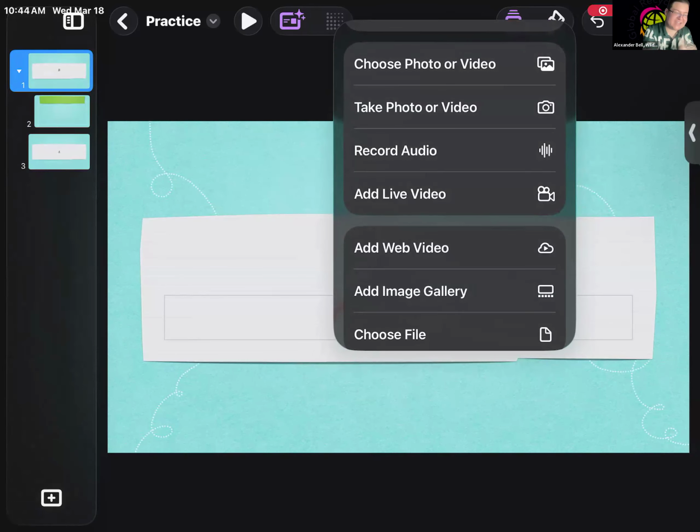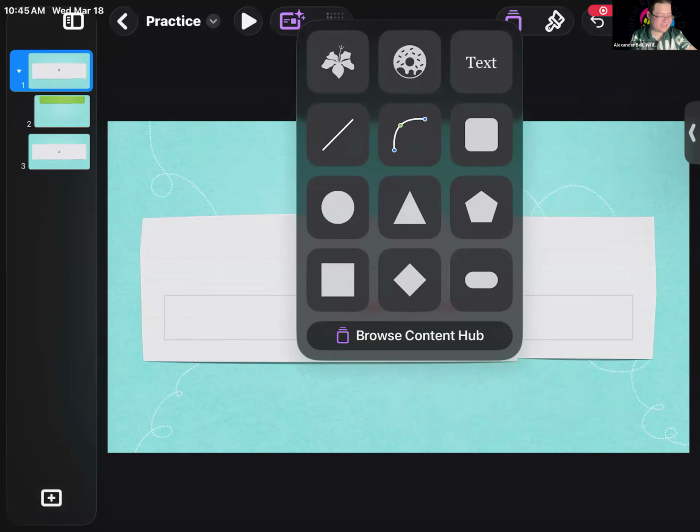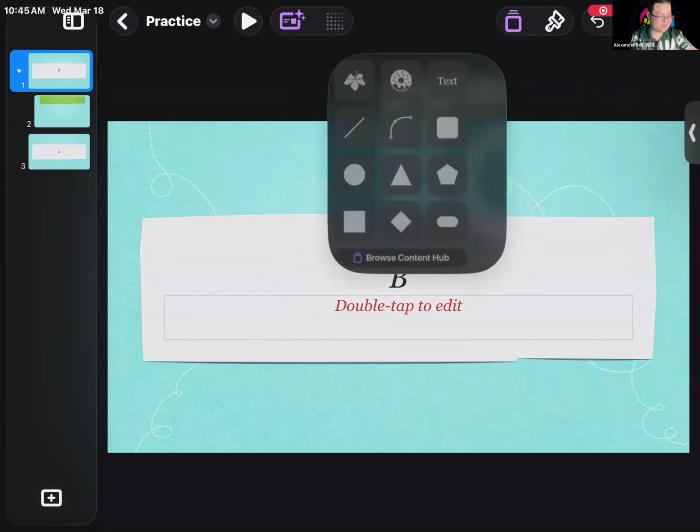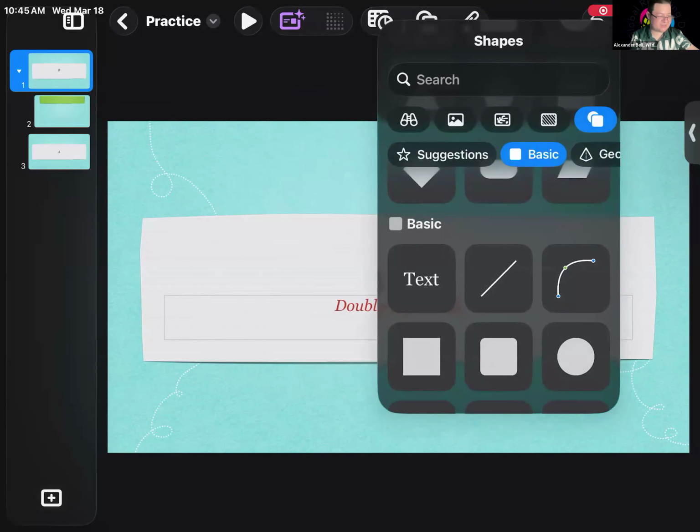That's that second purple icon at the top. Again, you won't know what happens until you tap on it. Yeah, so this is also like the shapes. I'm not sure why it goes to this one automatically. Like they're just not the same. This has basic, but they're pretty much the same thing once you get to the search. Okay, so